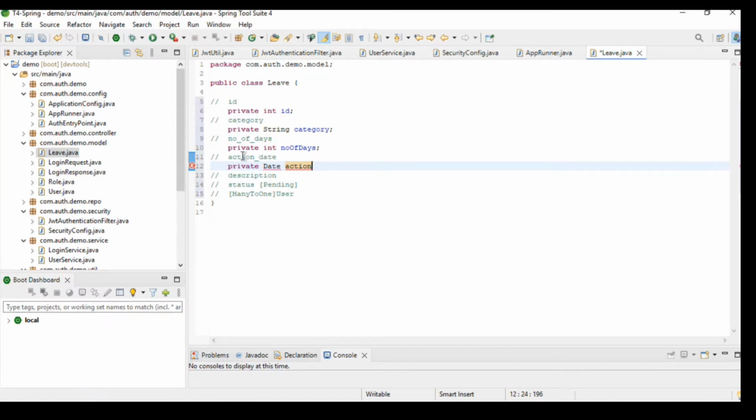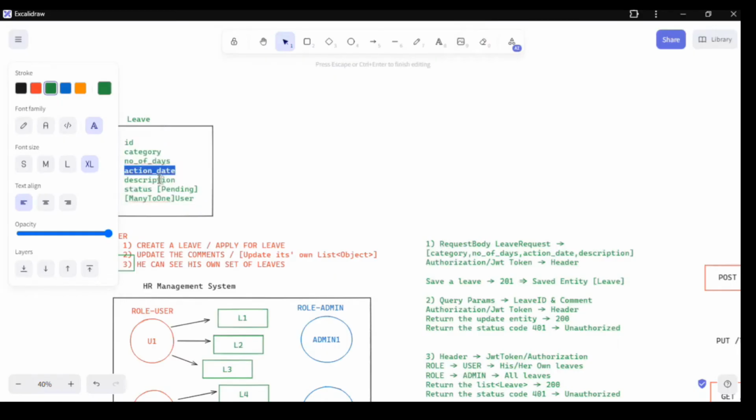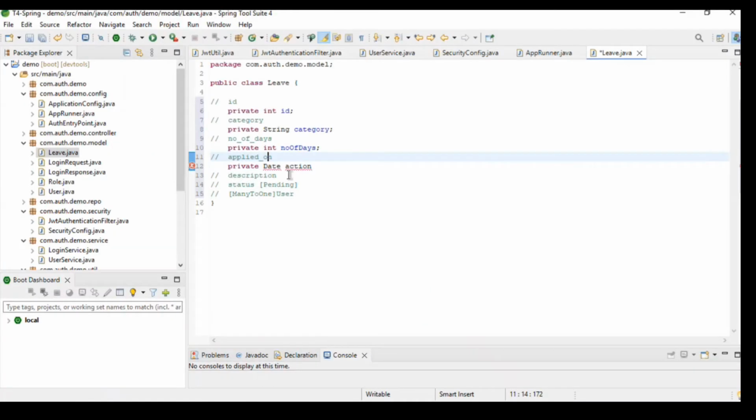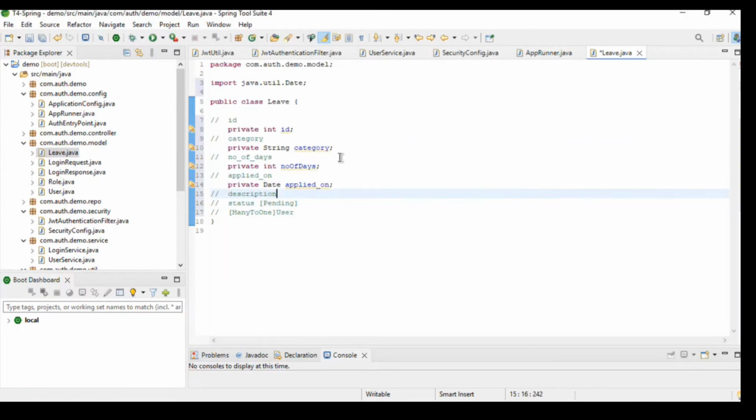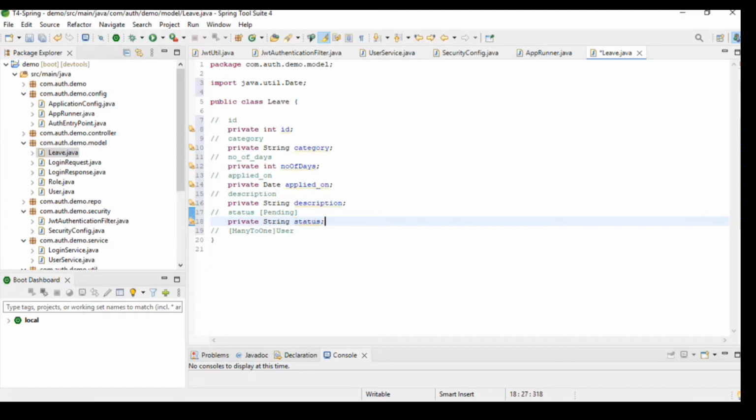So let's do one thing. Let's change this name from action date to applied on. That makes more sense. So let's make it like applied on. And on here also I'll change the diagram. Applied on. Okay. Come back here. Applied on. It will go date in the description. Private string description. Then the status. We can keep it as a string, but I don't want the user to pass